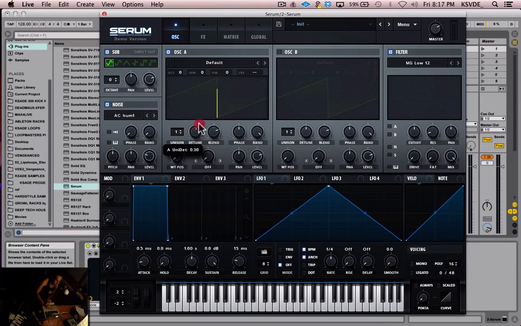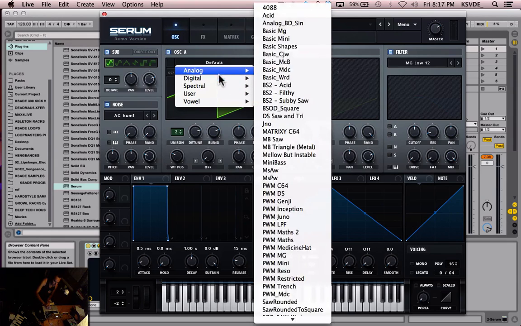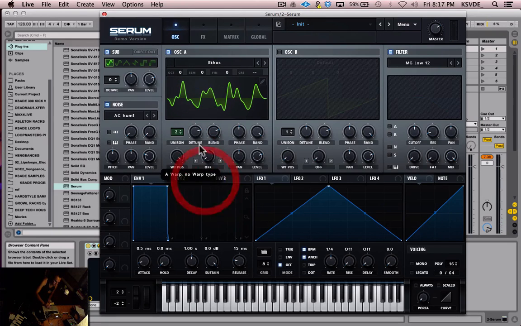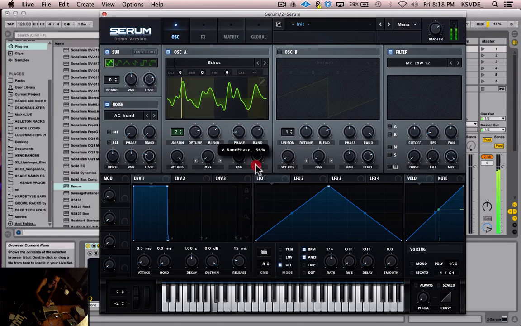So if we start detuning a little bit, or if we change the wavetable position, you get a pretty good idea of what you're doing. So let's set this to maybe a digital something. Now if we move the wavetable, you can see it's moving it down a bit, or the position of it. And we can add phase, so we can see where it's going to start instead. Randomize, you can see how that does that. The pan, well, you can't see what it's doing there, but for most things you get a good visual representation